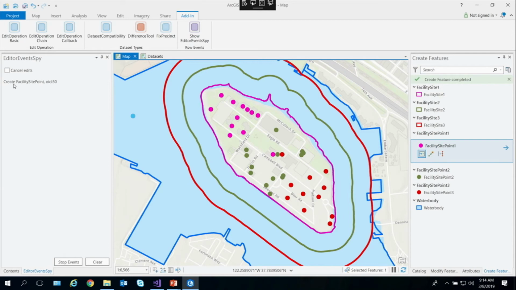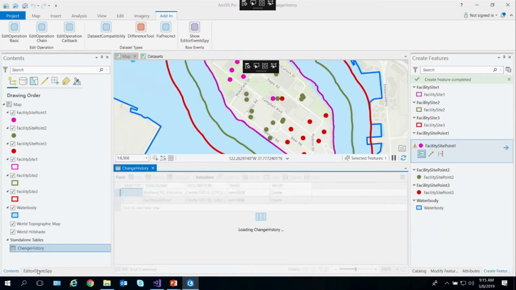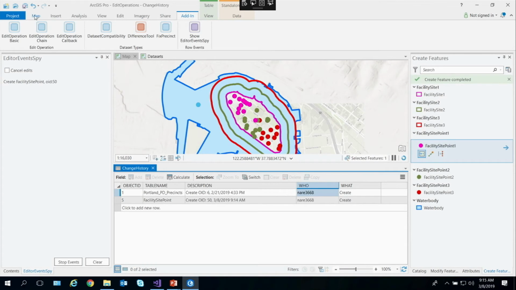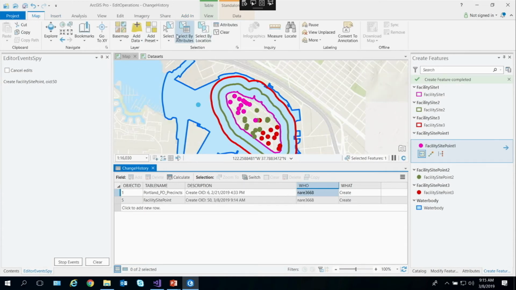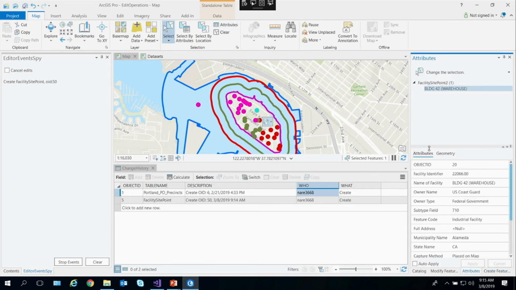So you can see that I've got my event log here. If I go ahead and open up my change history table, you can see that I added a new row here today, 8th of March, 9:14. I can go ahead and modify a row. And if I go ahead and modify an attribute,